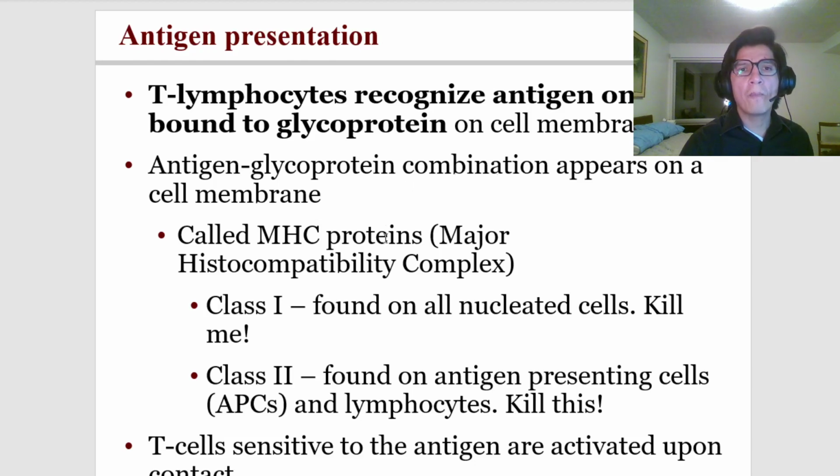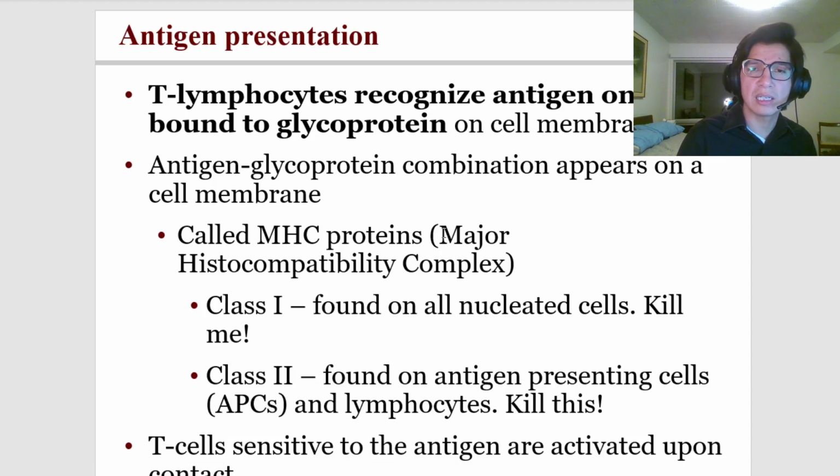A glycoprotein called a major histocompatibility complex protein. So this foreign antigen gets placed on this protein and gets presented. There are two types of MHCs, of major histocompatibility complex proteins. The class 1 is found on all cells, and whenever a cell presents that on its surface, it